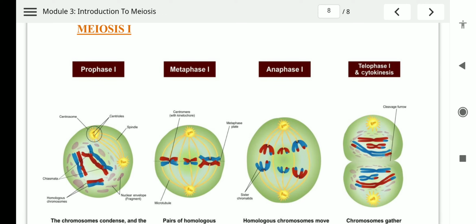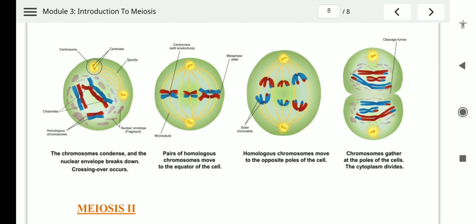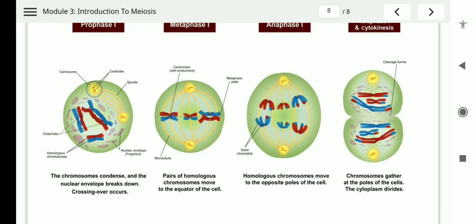Now, you can understand the meiosis division stages. First stage, you will see prophase 1. In this prophase 1, what happens? Chromosomes condense, the nuclear envelope breaks down and crossing over occurs. So, in prophase 1, the important thing is that chromatin changes into chromosomes, the nuclear membrane disappears, the nucleolus disappears, formation of spindle fibers starts, and in this process synapsis occurs as well as crossing over takes place, which we have discussed in the stages such as leptotene, zygotene, pachytene, diplotene.